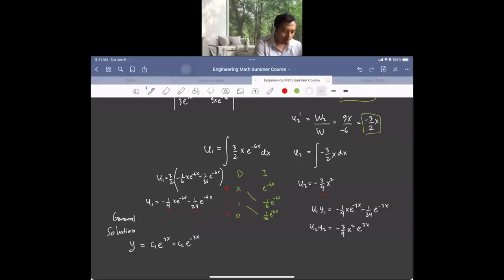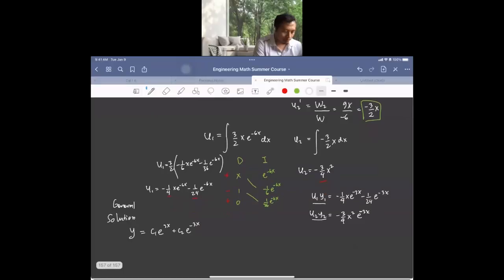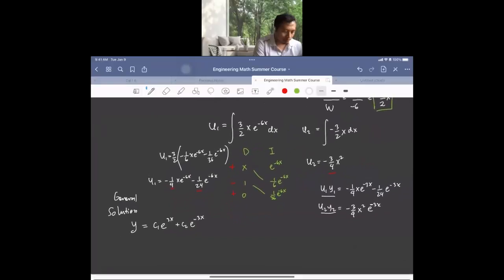Okay, it's correct. Oh, no. y2 is the negative. Oh, yeah, it's correct. Okay. And then we add this u1 y1, u2 y2 into our complementary solution here. So we are going to have